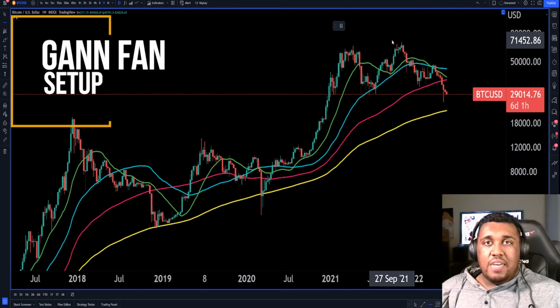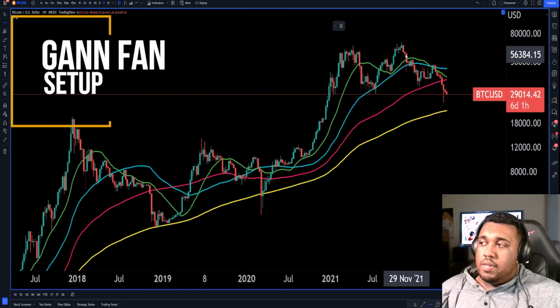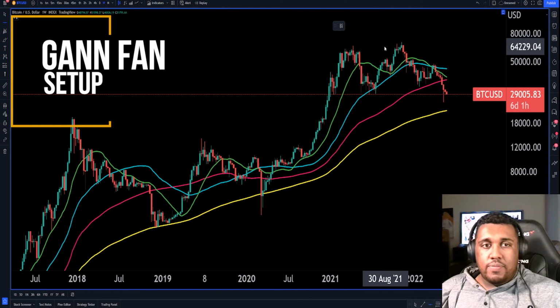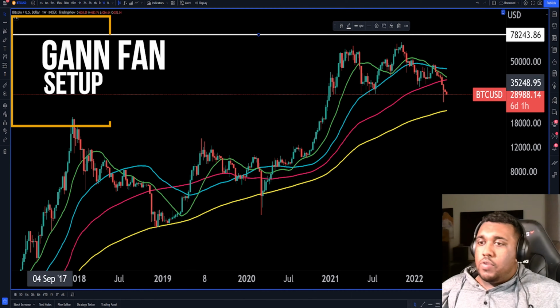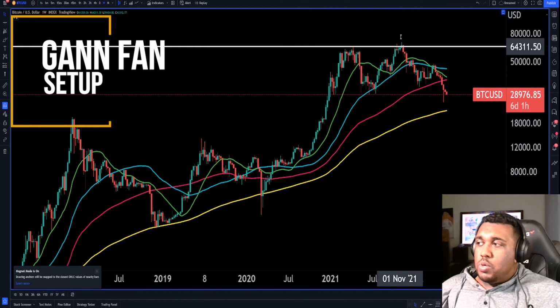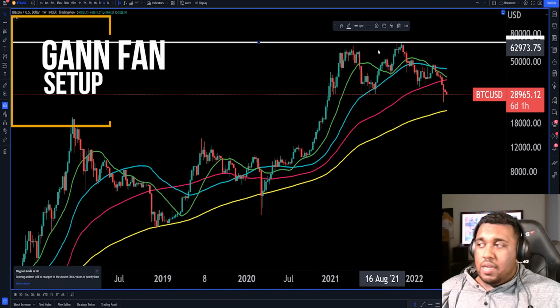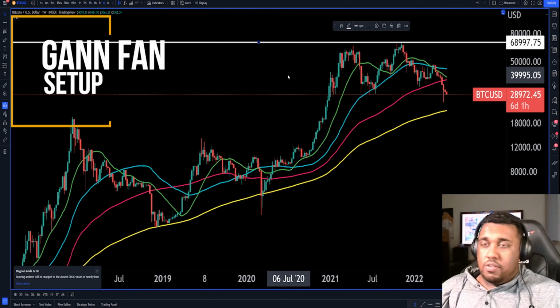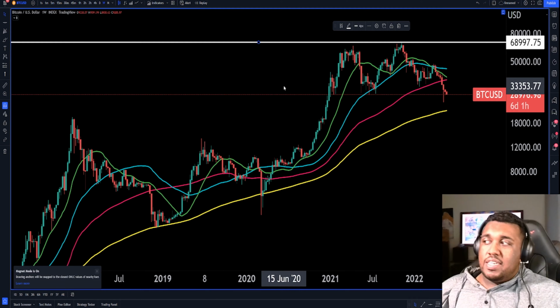So what you guys have to do is, once we've hit a peak and we've been falling down for about a week or two, you guys can start placing these Gann Fan levels down here, okay? Now, for now, you guys want to have a magnet open up a horizontal line, and you just want to place it at the all-time high of Bitcoin, okay? In this circumstance, on this particular chart, it says that Bitcoin went to